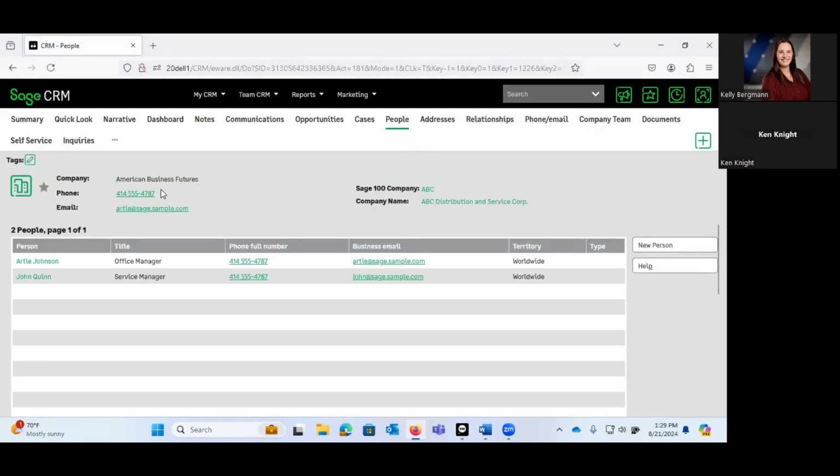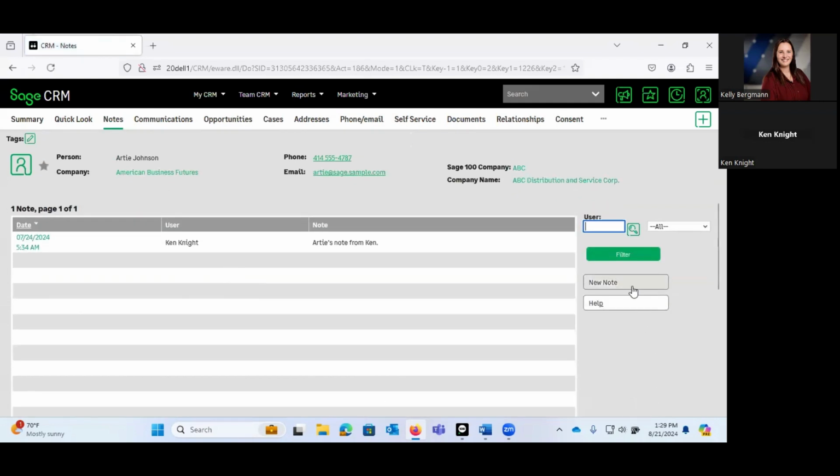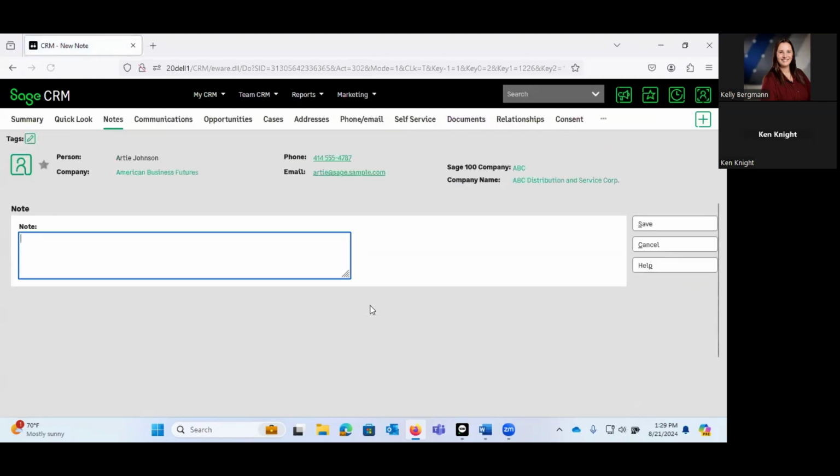and let's take a look at Artie Johnson, which if you remember Laugh-In, you might chuckle a little bit. Very similar across the top, where I have a quick look for the person, notes, communications, opportunities, cases, address, phone, email, pretty much the same sort of thing, but it does roll up. So if I come in here to Artie Johnson and I say that I want to add a new note,